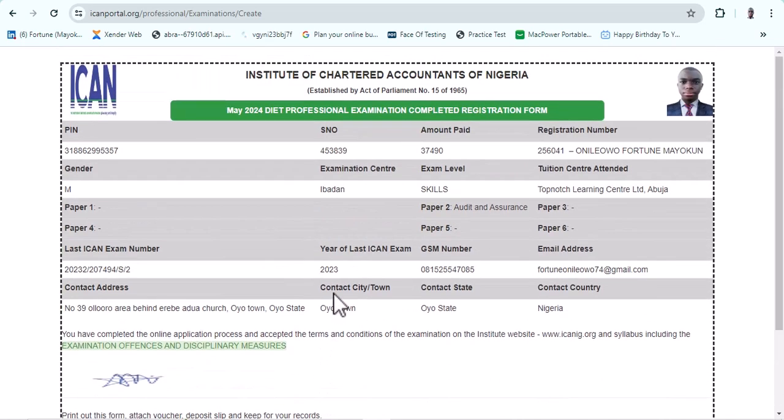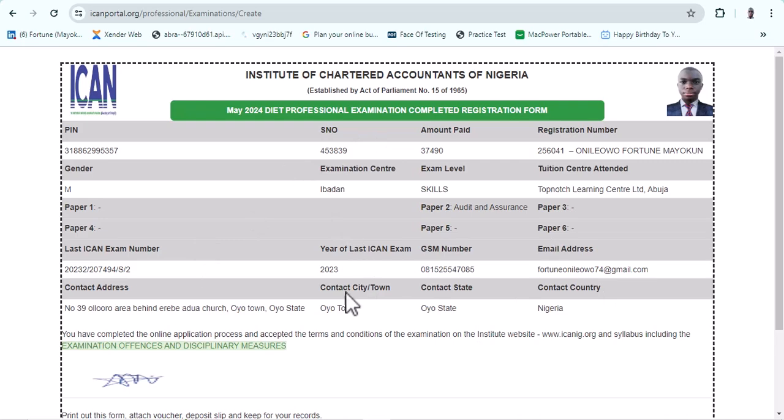And another important thing is that this is not what you're going to take to the exam hall. You're going to go with your docket, examination docket, which will be available for download 3 days before your papers. So once it's available, you go on to the site and you download your docket, which will have the timetable for the exams and the date. So you take it to your center